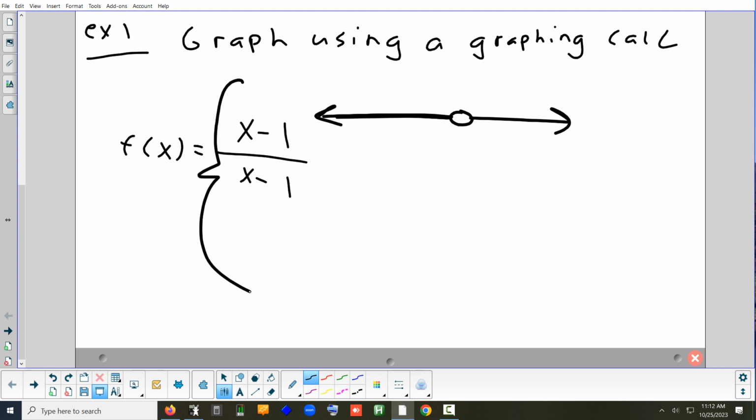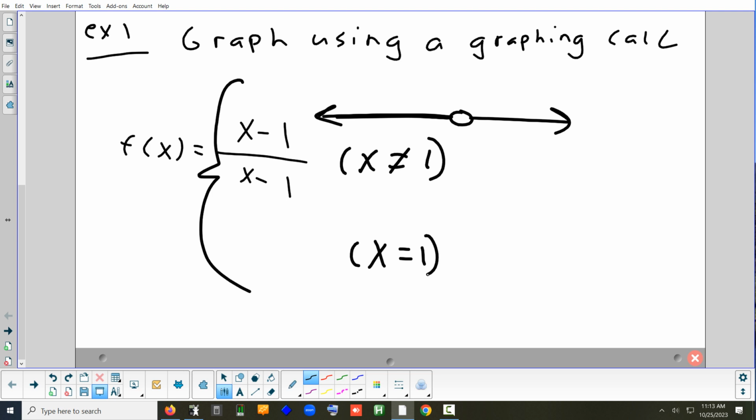Well, I just want to make sure I understand. So you do the piecewise for x is greater than 5, and then for x is less than 5, if there were two lines, you have different conditions on the domain. Yes, that's right. So for this one, if you wanted to draw this exact picture without the hole, I'd say you can use this one when x is not 1. When x is 1,